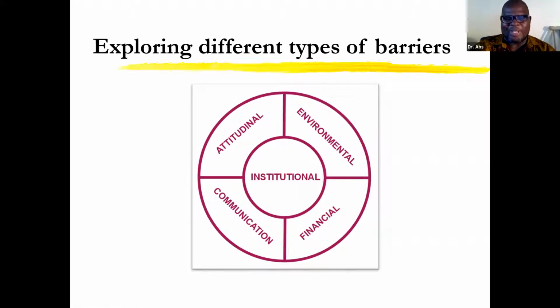Of course, the financial aspect is an example I normally use. We talk a lot in development about access to finance, microfinance, and all of that. I imagine how many persons with disability will go in front of their bank manager and say, loan me the equivalent of $2,000 to go and start up a business. And the first thing that comes to that bank manager's mind is, oh my goodness, how are you going to pay that money? So access to finance is a real challenge. So as I said, there are a lot of deep issues around this, but because of time, I've just given a few local examples. So if we can move to the next slide, please.